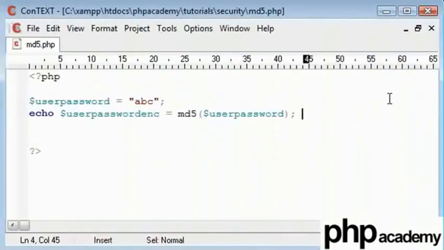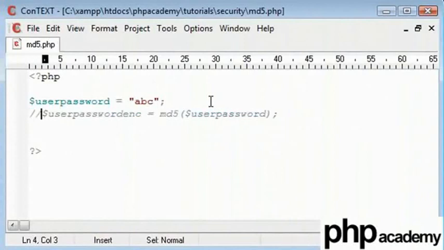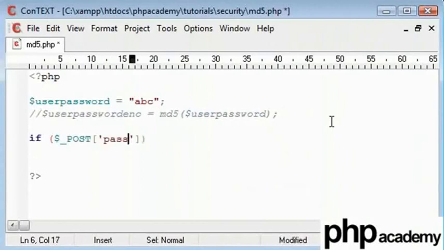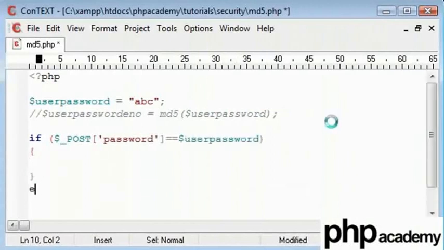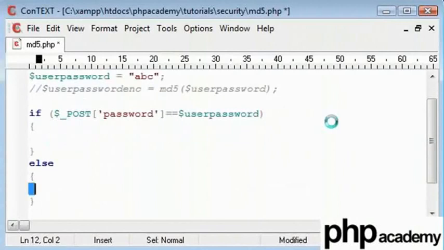Now I'll make a program here quickly, or a script that's going to take an input from the user and will check to see if the password is ABC. Now the way we can do it traditionally is by taking out our encryption. We can do a simple check to say if the post password is equal to our user password, then do something, otherwise do something else. So for example, you can have an error saying incorrect password, and here you can say your password has successfully